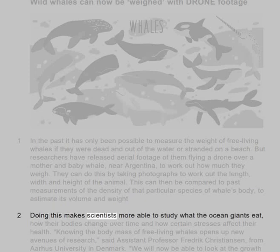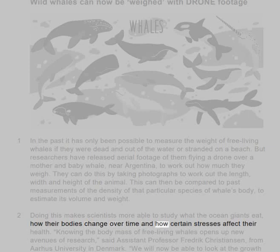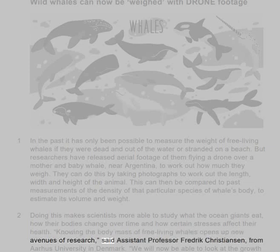2. Doing this makes scientists more able to study what the ocean giants eat, how their bodies change over time and how certain stresses affect their health. Knowing the body mass of free-living whales opens up new avenues of research, said Assistant Professor Fredrik Christiansen, from Aarhus